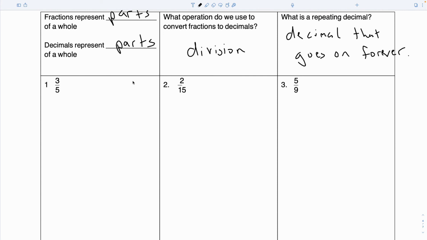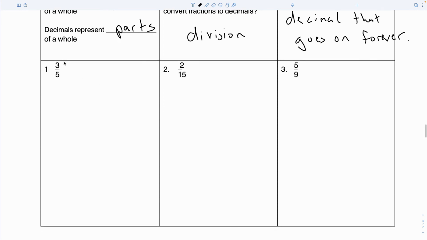Your challenge for the next 10 minutes, I'll give you 8 minutes because I want to throw in a sprint. Your challenge is going to be